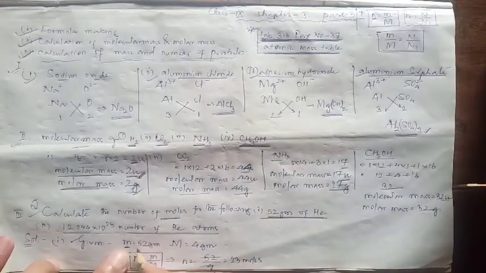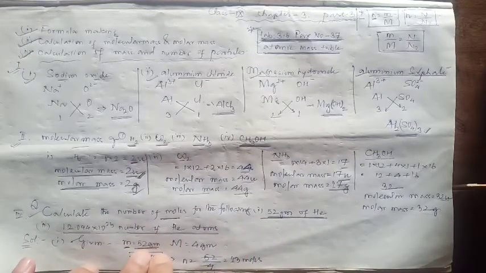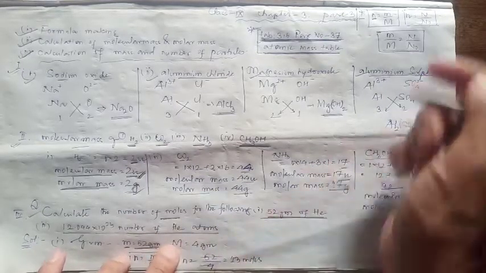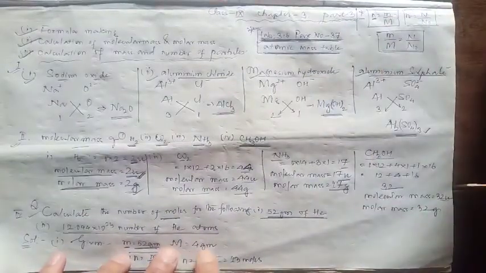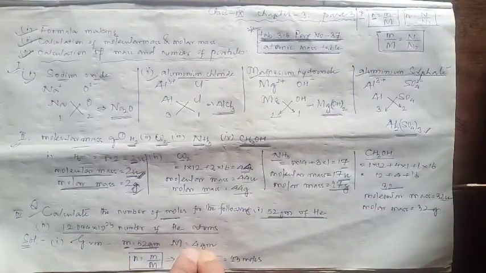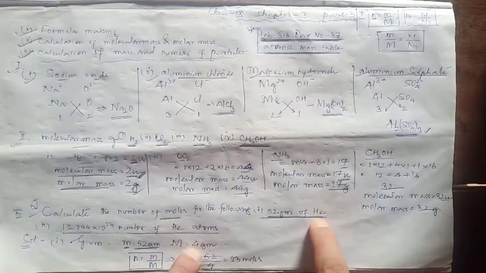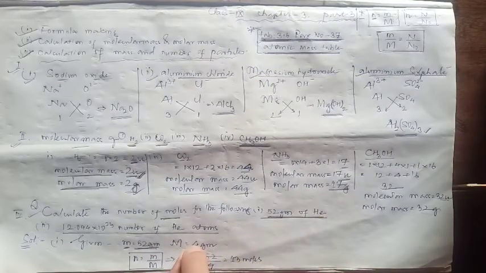We have a mass. Small m is the given mass, as I mentioned in the last lecture. So small m is 52 gram. That's given to us. And capital M, because in this formula we need capital M also. You know what capital M is? It's the molar mass. So molar mass is 4 gram. From where does this 4 gram come? Because the atomic mass of helium is 4. So molar mass of helium is 4 gram.